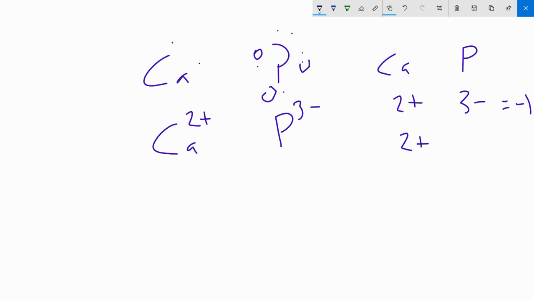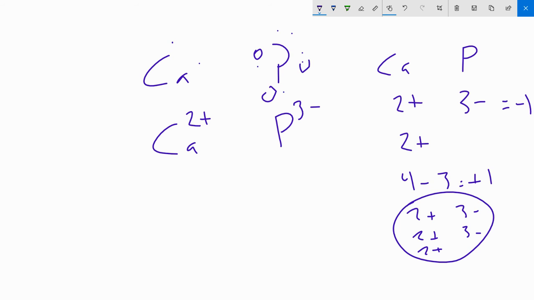Okay, let's add another calcium, another 2 plus. So that means I'll have 4 minus 3, 4 minus 3, that's going to be a +1. That's not good. Add another phosphorus. So we've got 2 plus 2 plus 2 plus, oops, add another calcium, I guess. And then for phosphorus, if I do 3 minus 3 minus, then if I add all of these together, 2 plus 2 plus 2 is 6. 3 minus 3 is -6. So that means I will have 6 minus 6, which equals 0, which means I need 3